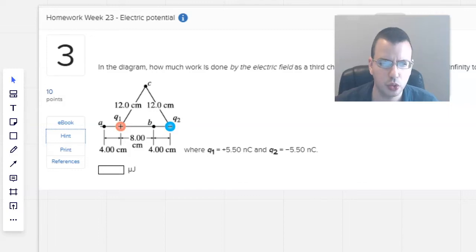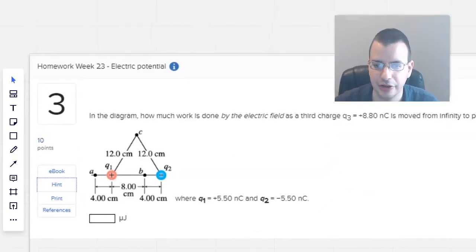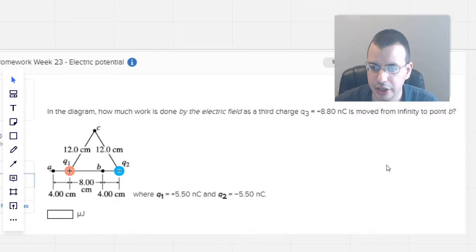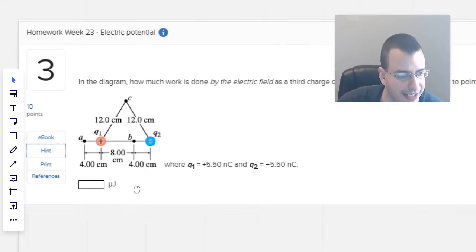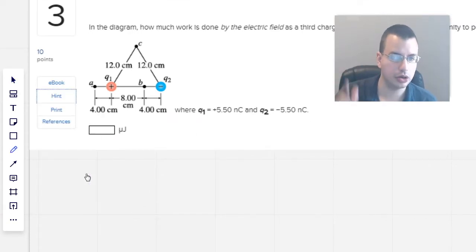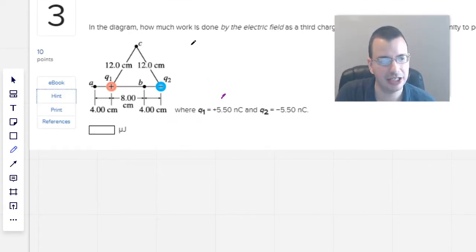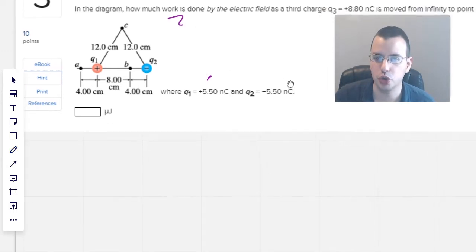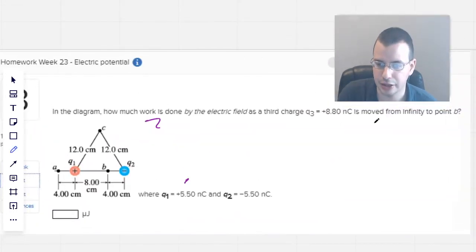In the diagram below, how much work is done by the electric field as a third charge, Q3, is moved from infinity to point B? So point B being right there. Okay, so whenever I see the word work and I see some word referring to motion, i.e. moved,